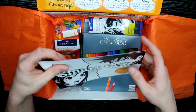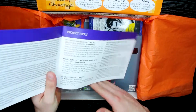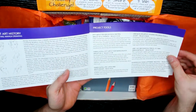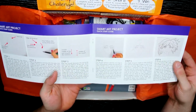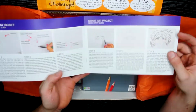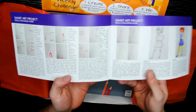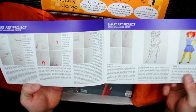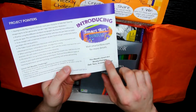Alright, so when you open your box up, the first thing you're going to see is the brochure here, which is going to have a lot of great information on what is in this box. Along with what's in the box, this brochure also has two different step-by-step guides. The first quick start guide is a foundation skills and more of a beginner level skill set. And the second one, the skill challenge guide, is for those who want to challenge themselves just a little bit more. And the last thing on this, on the very back, is where you're going to find your weekly challenge